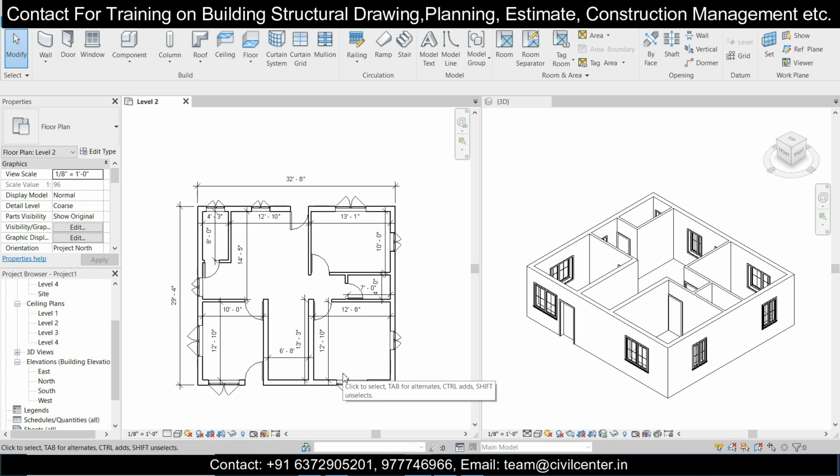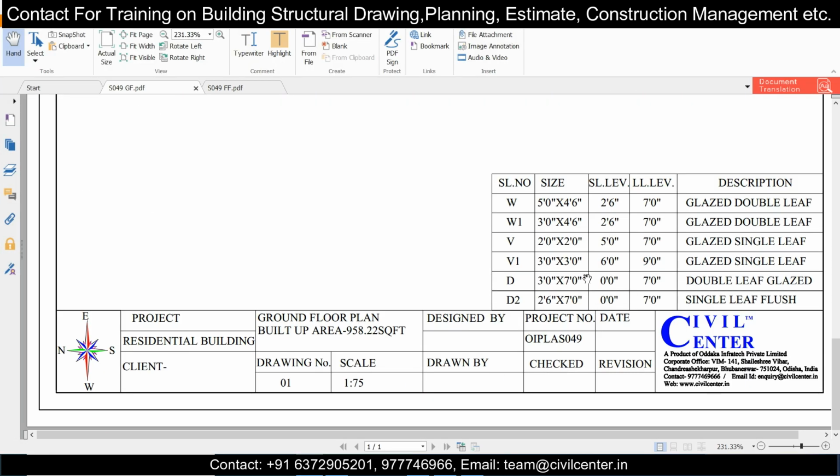And next we want to create some ventilators. So ventilator size, you can just check here. The size of the ventilator starts from 3 feet into 3 feet. It starts from 6 feet and it ends in 9 feet. So that's the size here, 6 feet into 9 feet. Or you can just do this,